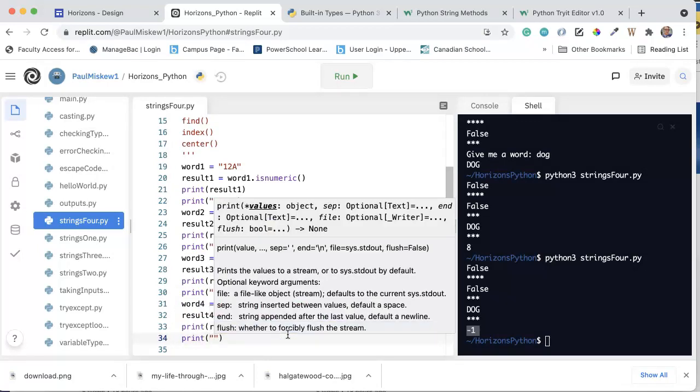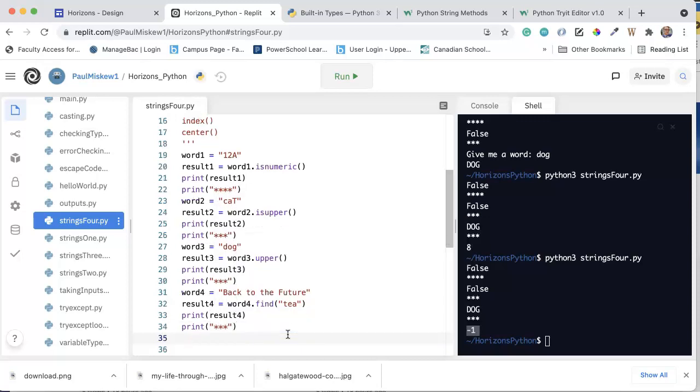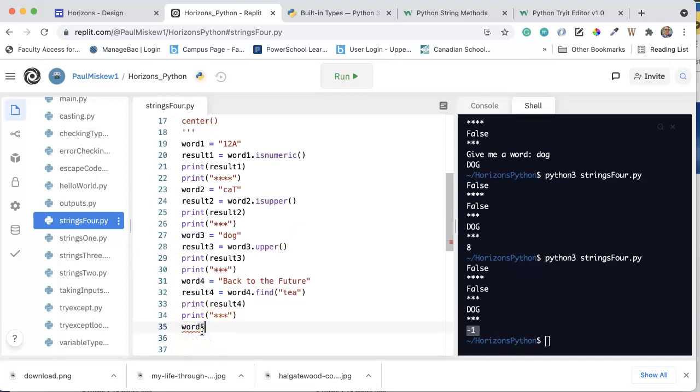Now, a method that is almost identical to find is index. And to be honest, I tend to use index a lot, but that's because I did a lot of Java programming in the past, and I still do. Index and find work almost exactly the same with one significant difference. Wheel of Time, again, great novel series, and we're going to say result 5 equals word 5 dot index,